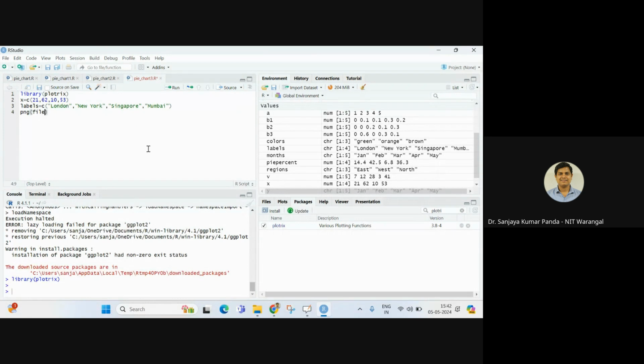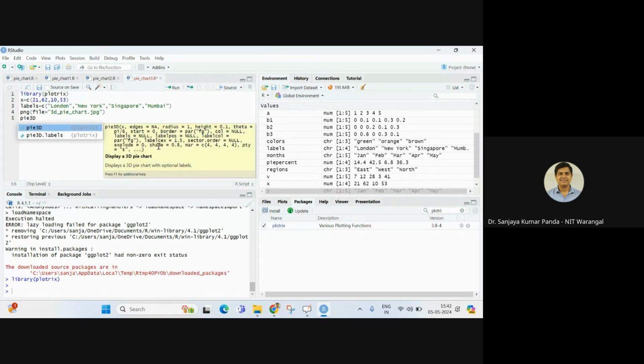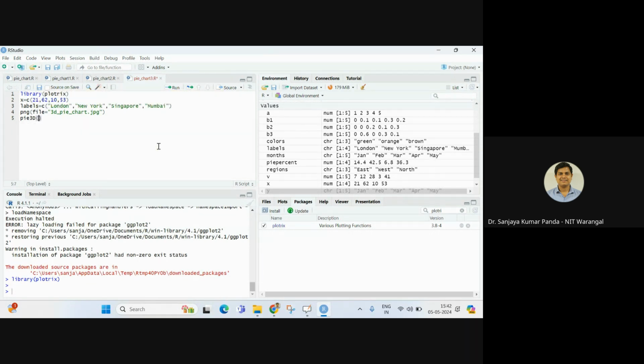I'm mentioning file equal to 3D_pie_chart.jpg. I want this file to be created, and for a 3D pie chart, we have a function called pie3D. There I can mention x, and you have to mention labels equal to levels,